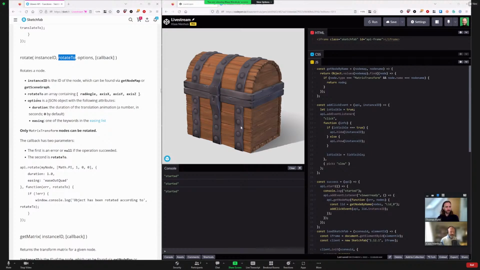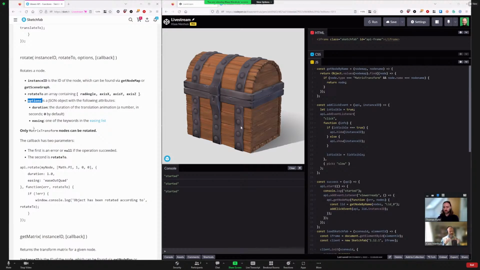And then finally, there are the options. There are 2 options that we can set. There's the duration that tells us how long this rotation should take. It's not instant. It can be an animated rotation, which is really cool. And then there's the easing, which is also pretty awesome. Easing, you probably noticed from 3D software or maybe from animation, is if you move an object from A to B,